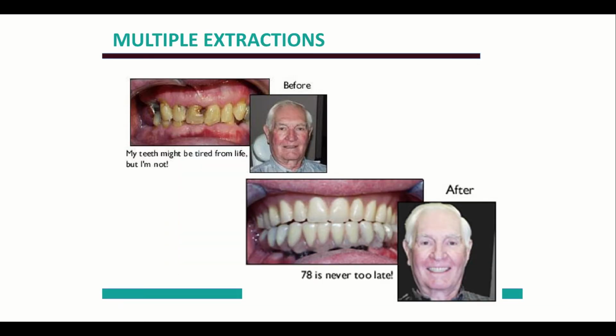So if somebody has multiple extractions, what we can be doing is what we call an all-on-4, or an immediate denture, where we extract all of the teeth. So here he is. I don't know his name. Let's just call him George. We extract all of the teeth, and then notice what we do is we put implants into the alveolar bone